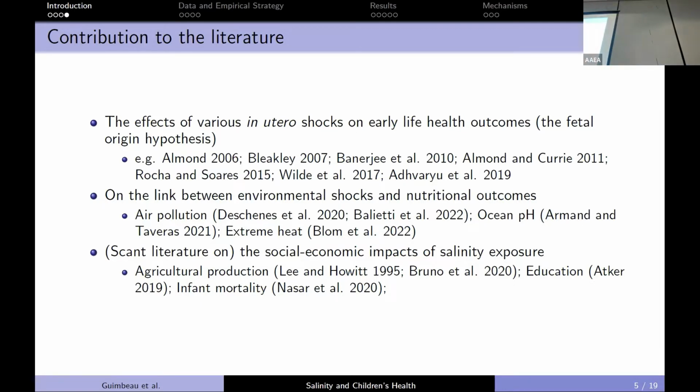Now, we also speak to a smaller, recent but booming literature on the link between environmental shocks and nutritional outcomes. There are studies done on air pollution that say air pollution is making people more obese in China. There are nutritional deficiencies in India. We've seen there are extreme heat impacts on nutrition. There's a new paper by Blom et al. saying that extreme heat is making